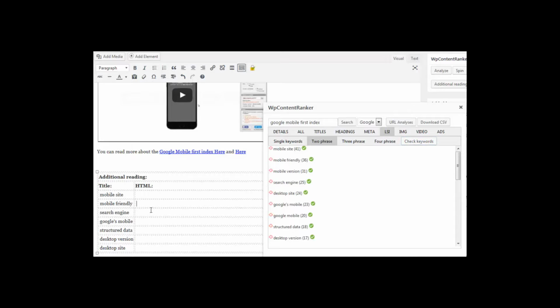And this is what's going to be revealed when the user clicks this tabbed area. So I'm just going to add anything down here just to make this quick. But you know what, you could add something like a mobile site. Your mobile site is the version that Google's going to be using when people visit your website from a mobile device. You could have mobile friendly. Mobile friendly is the term given to sites that are optimized to show on a mobile device. That's what you'd be adding, but just to save time on here,